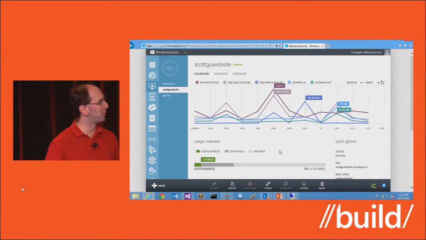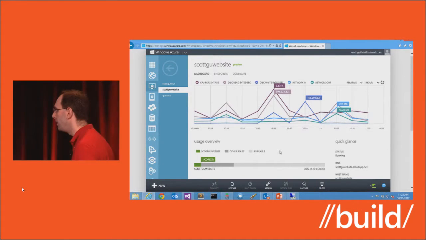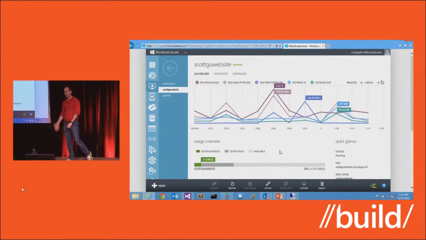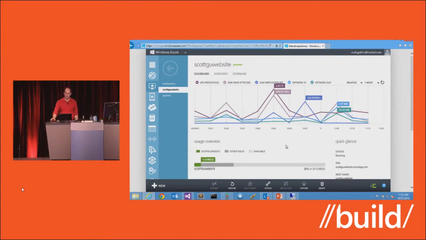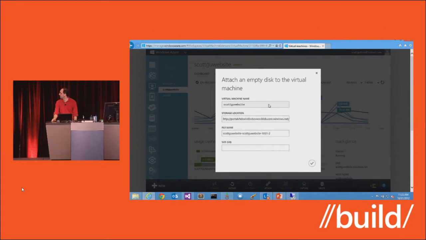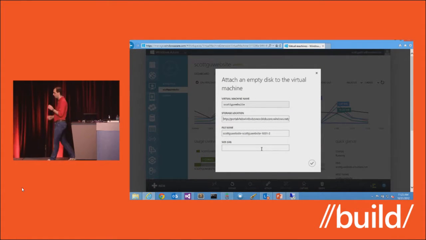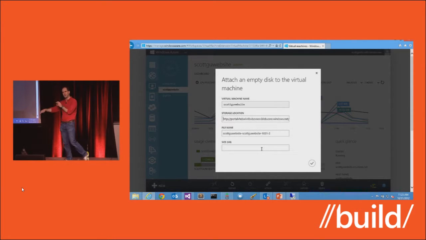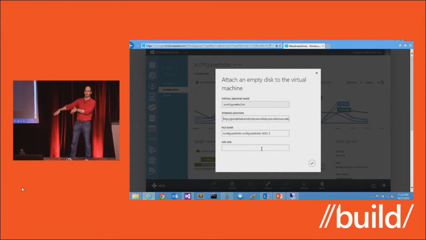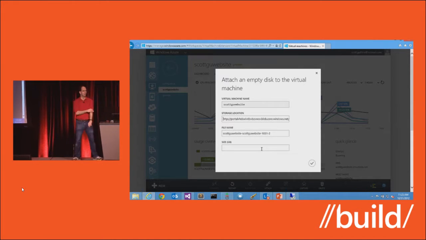Cool thing about the virtual machine support, you saw how easy it is to create. You can attach multiple drives to this machine, and again, it's all virtualized, so we're not actually plugging in hardware. But effectively, I can go ahead here and just say attach a new empty disk to the machine. I can choose the size in gigabytes that I want to attach. You only pay for what you use. So, in fact, if you actually attach a drive and don't save data on it, we won't charge you. It's only when you actually save data on it that we'll charge you.